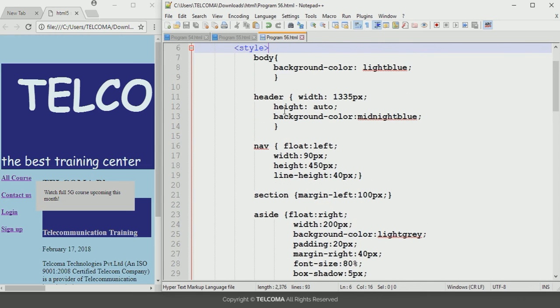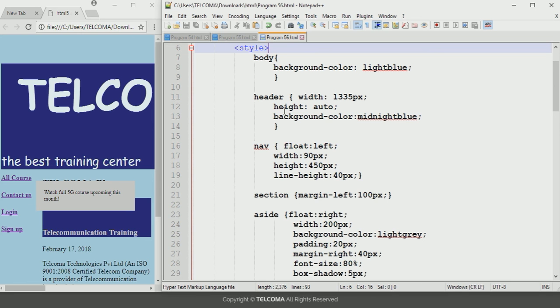There are also more elements like the mark element, which is used to define marked or highlighted text. Next, another element is the summary element, which defines a visible heading for a details element. So this is used to define a visible heading in the HTML program. After that, another structure element is the details element. This element is used to define additional details that the user can view or hide. Next we have also discussed structure elements like figcaption and figure. These are also HTML5 structure elements. So this is all about the structure elements.